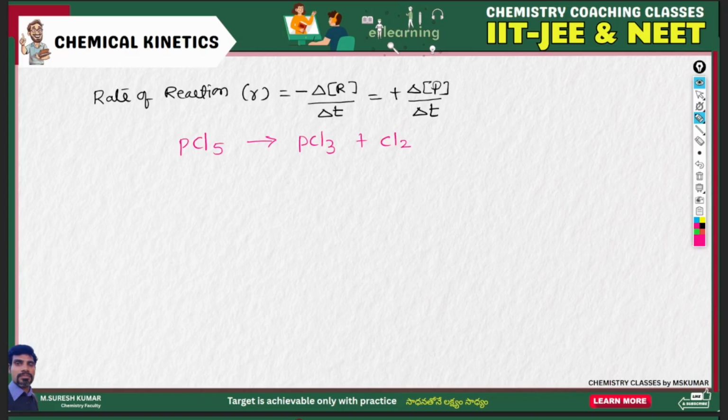For this reaction I want to write the rate of reaction. The rate of reaction R equal to, here concentration of product means what? PCl3 plus Cl2. Concentration of reactants means what? PCl5. So according to the above expression, minus change in concentration of PCl5 with respect to change in time dt is equal to plus change in molar concentration of PCl3,